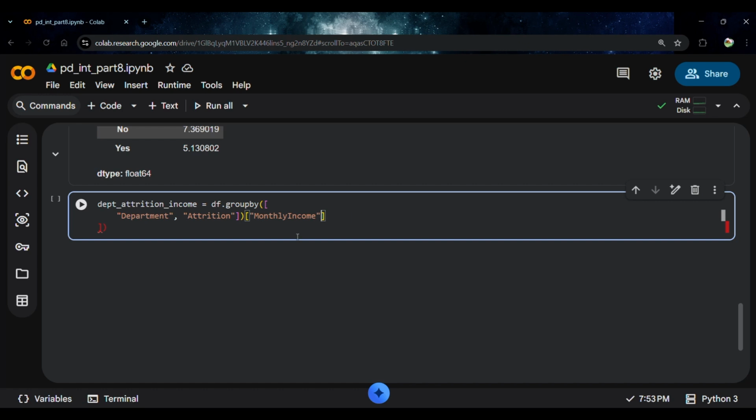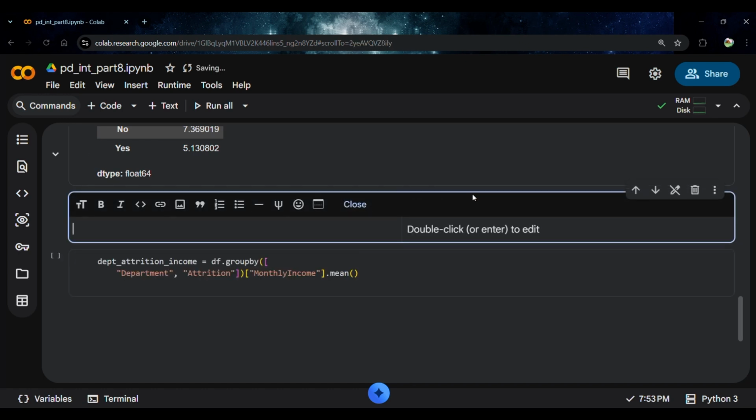Okay, so here we get monthly income, department, and so on. Just check if everything is clear and if anything is missing. We don't want this because we already placed it. So here we are giving attrition